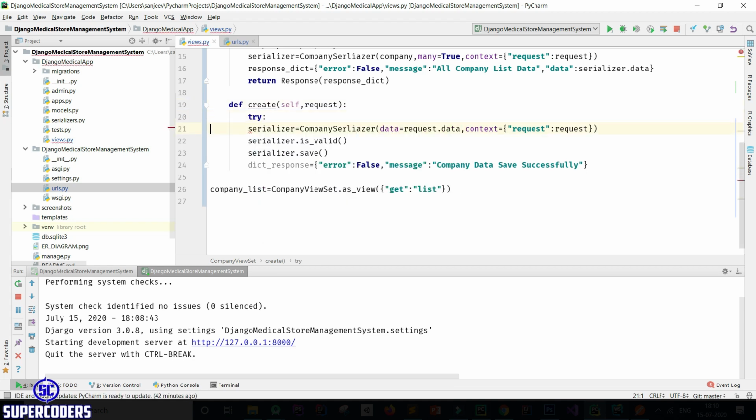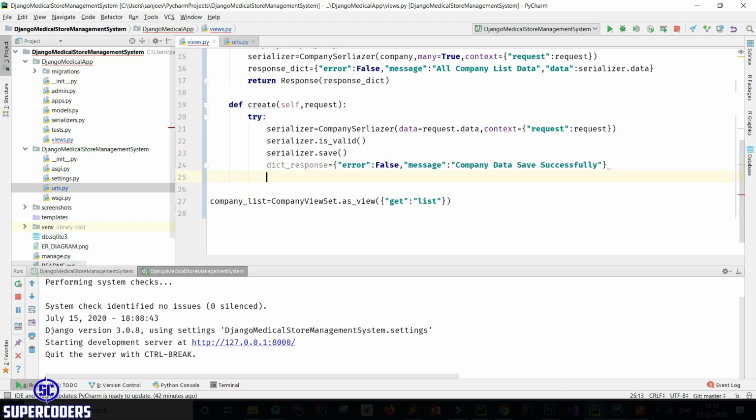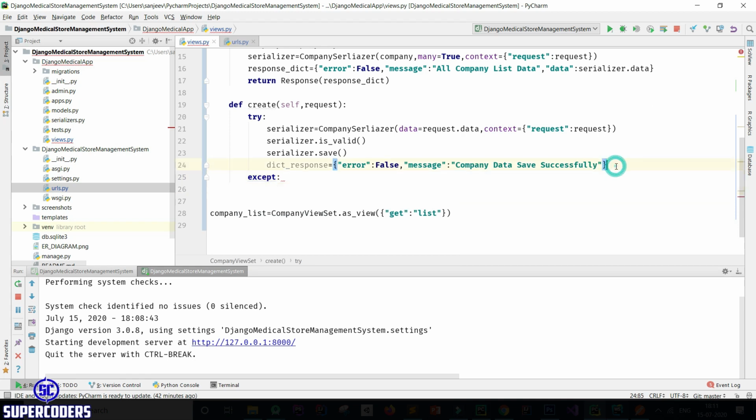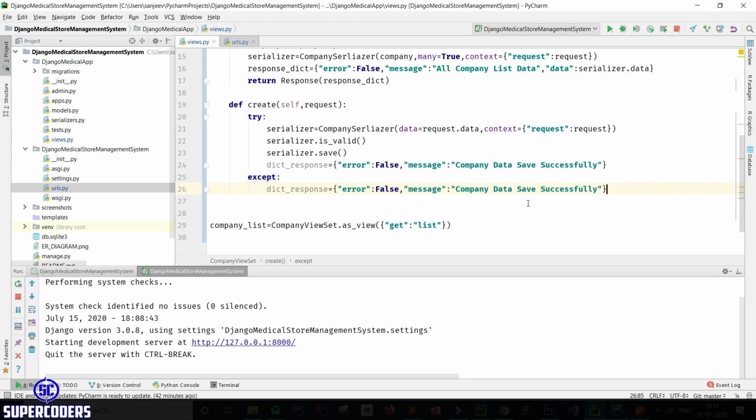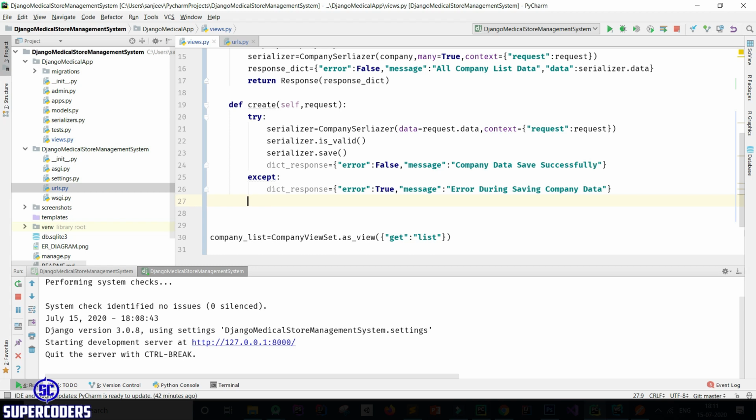So try, and in except block, copy this and here change error to true and change message to error during saving company data. Then return the message. So return response, then pass the response dictionary. Change this to return.